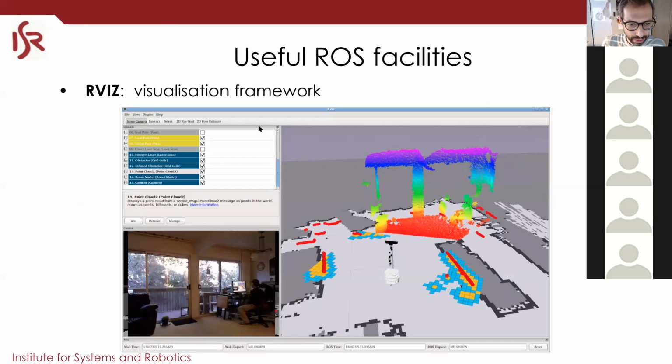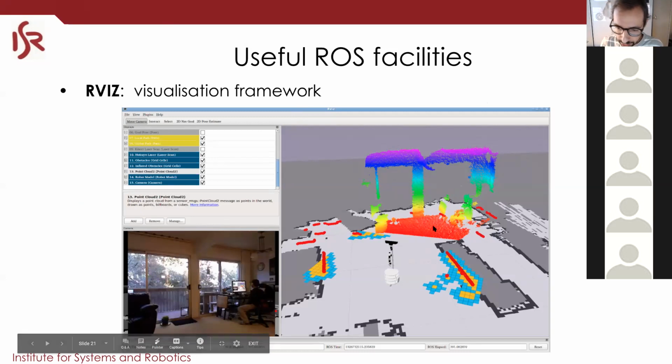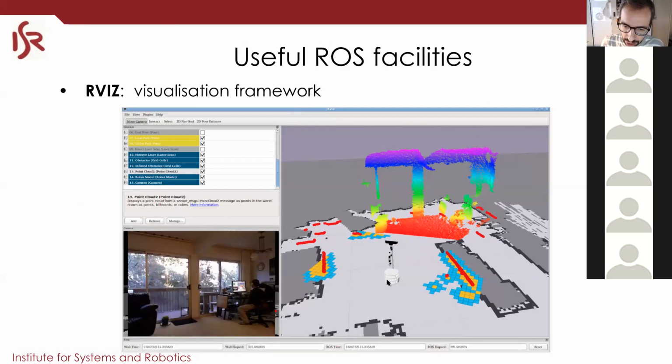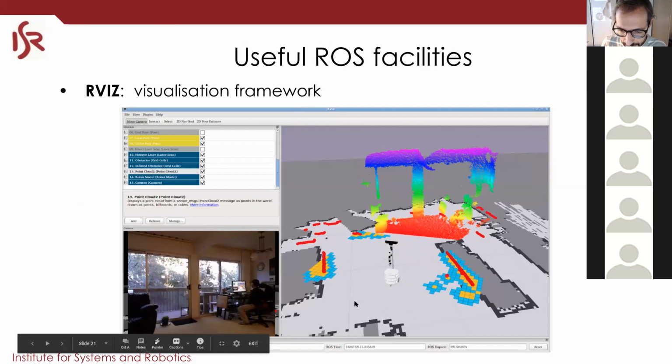In this example, you can see in RViz the camera image from a camera. You can visualize 3D data. You can visualize the robot 3D model placed where the robot thinks it is. You can visualize the map over here. This is an occupancy grid map, so this is free space, black is occupied space. You can visualize the laser data in red, and you can visualize these cost maps that are created by the navigation system.